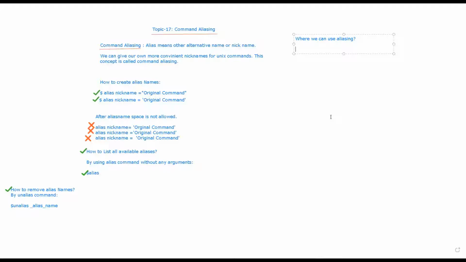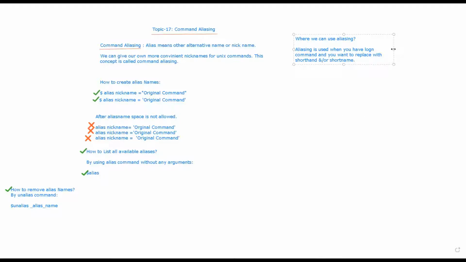So basically aliasing is used when you have a long command and you want to replace it with some shorthand or short name, right?